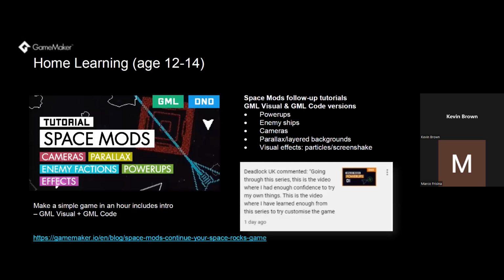Space Mods builds on Space Rocks. It also has GML Visual and GML Code versions. And this additional content can also support students who need more help with the Space Bubbles extension and challenge tasks. It contains an additional 12 videos, just over 2 hours, and explains how to use and implement some important